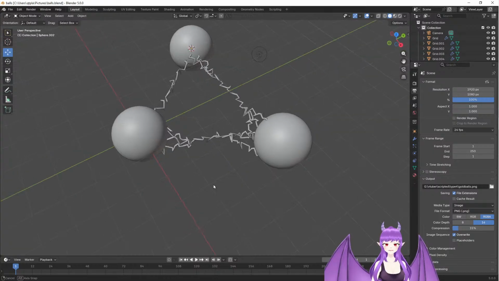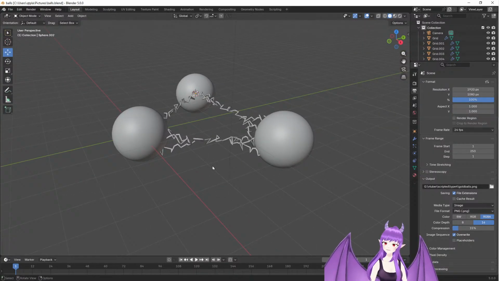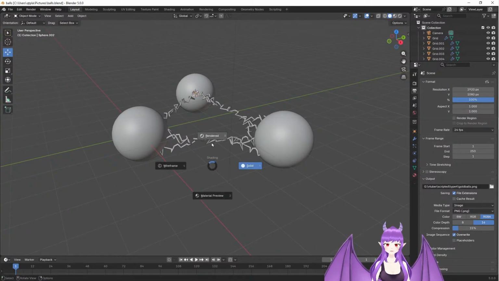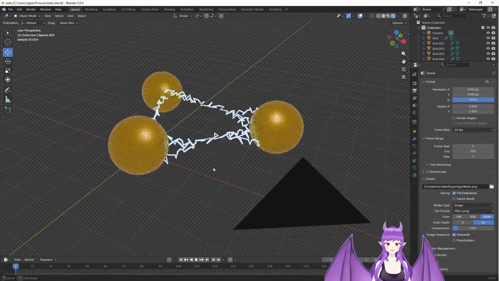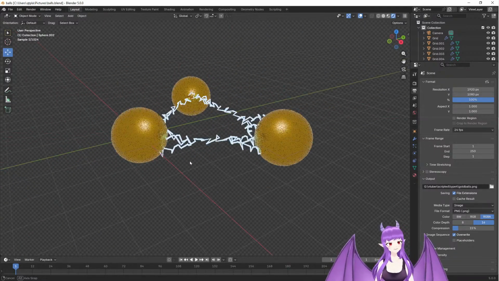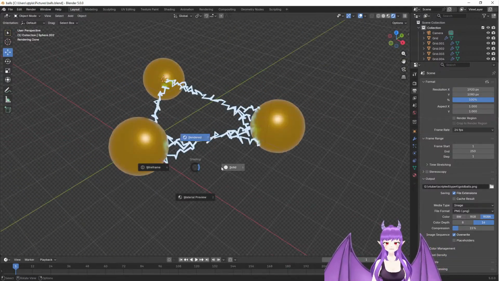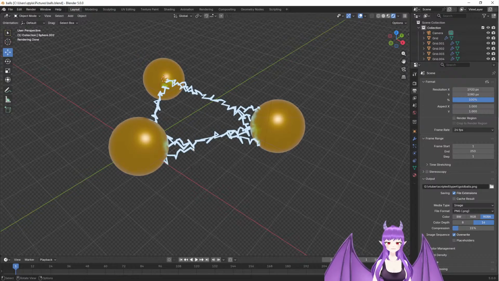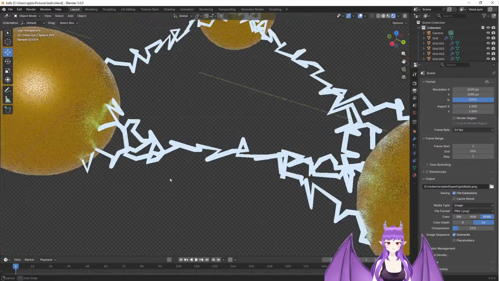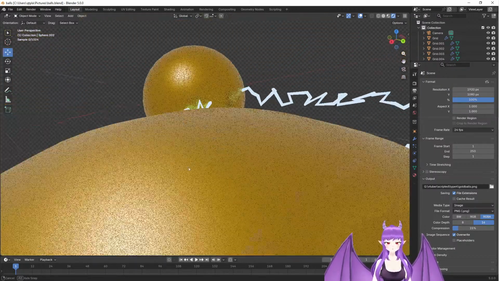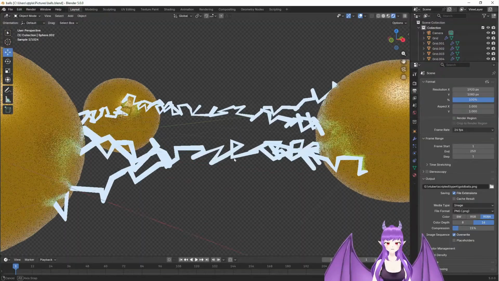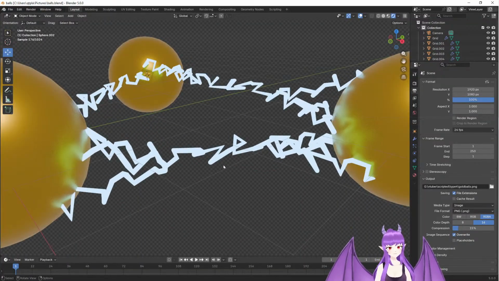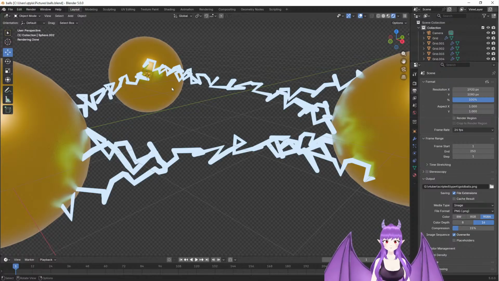Here's the current balls we have. If we render it, it comes out that way. So what I want to do is make this lightning more lightning-like. For one thing, I want to have it arcing and having little feeders off of it. So let's get into